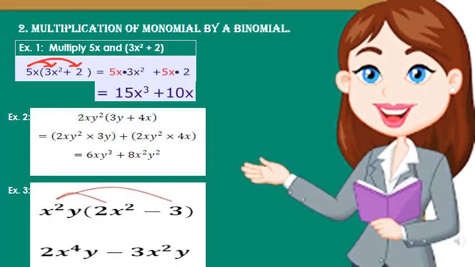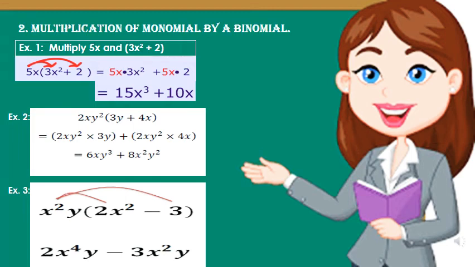One more example. x square y multiplied with 2x square minus 3. So now I am not writing the step of distribution. You can multiply it directly also. By now you all know what are being multiplied and what is being added or subtracted, isn't it? So now directly we will try this. x square into x square is x power 4. We have 2, isn't it? Numerical coefficient. So that will be written as it is because the numerical coefficient of the monomial here is 1. So 1 into 2 is 2. x square into x square is x power 4. Then y will be written as it is.